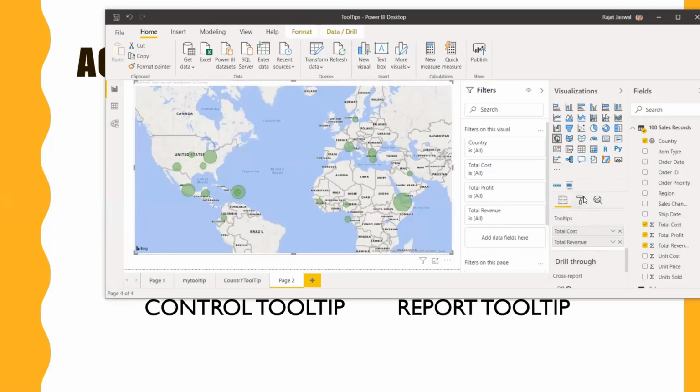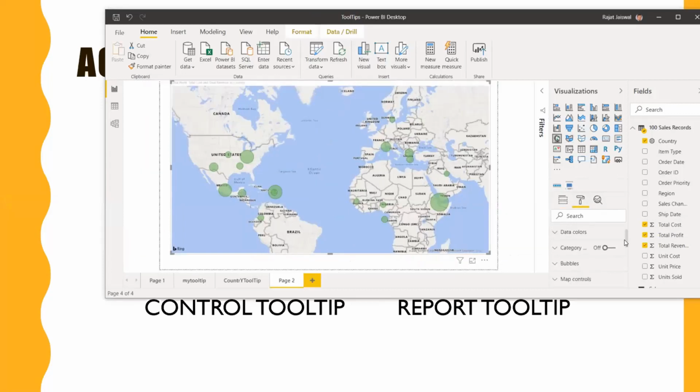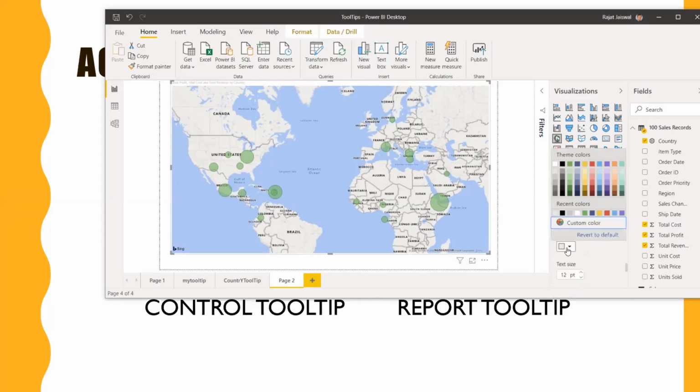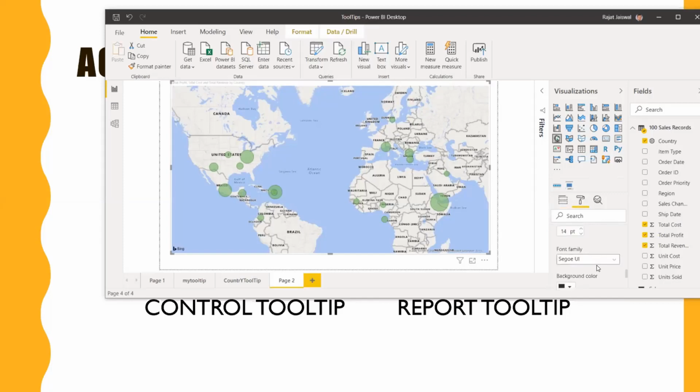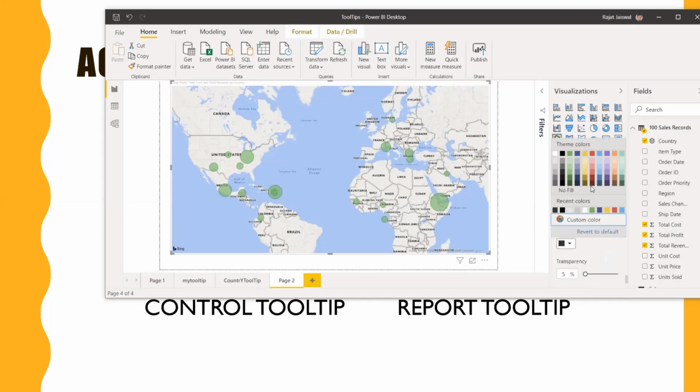Okay. Now there are different options which you can do on this. Let me share that as well. When you go to the tooltip, you can change the label color. Suppose I want the label black, value color should be black, font size should be 14, and font family, let's say Consolas, and background should be yellow, and transparency is currently 5%. Let's do it 15%. Now let's hover it.